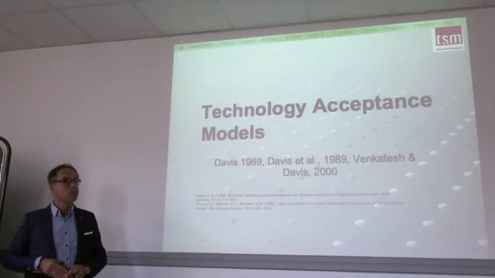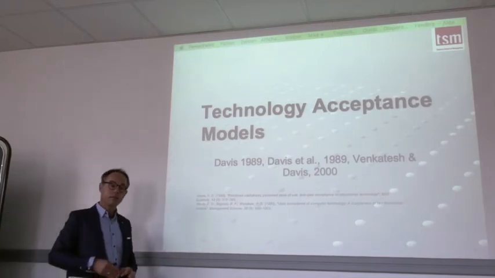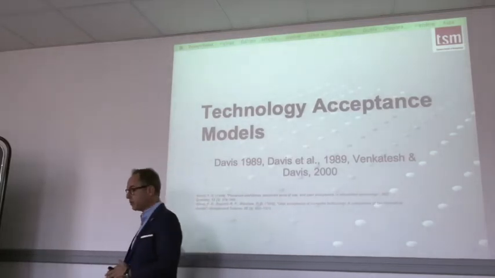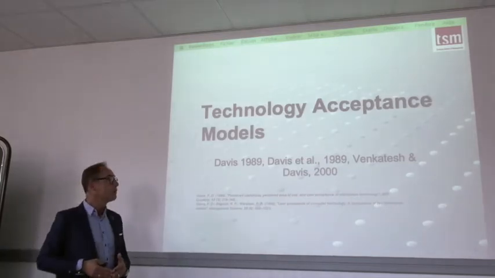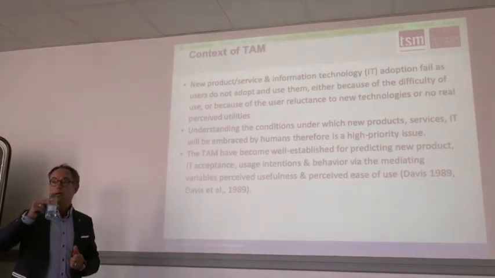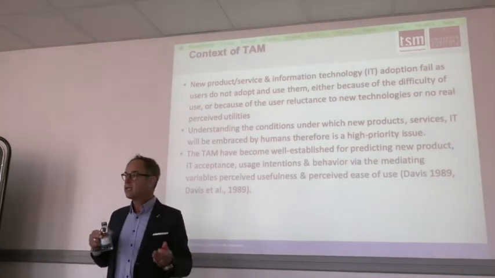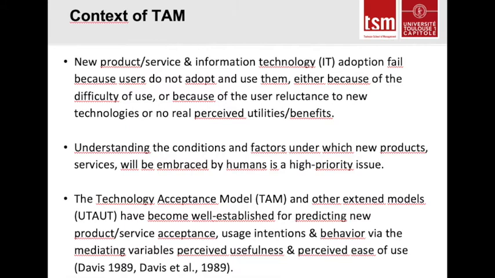You see now the technology acceptance model, which is a model that integrates these different variables to summarize in an overall model that can forecast technology adoption and technology usage. New products and services or information technologies adoption fail because users do not adopt and use them, either because of the difficulty of use or because of the user reluctance to new technologies or no real perceived utilities and supplementary